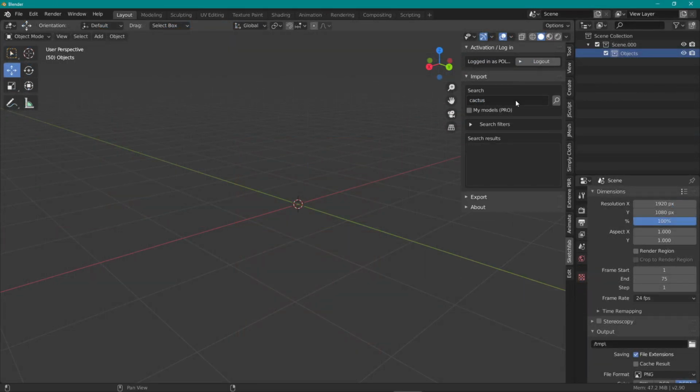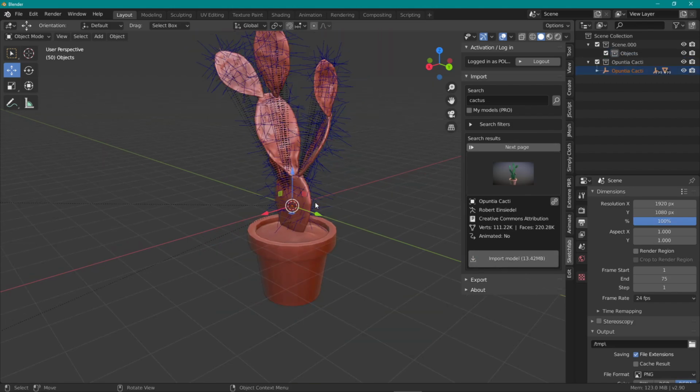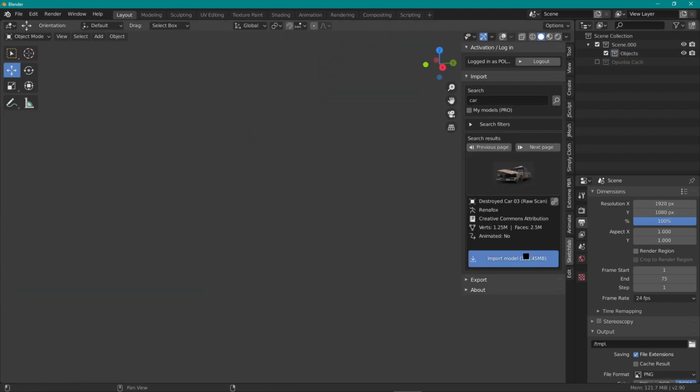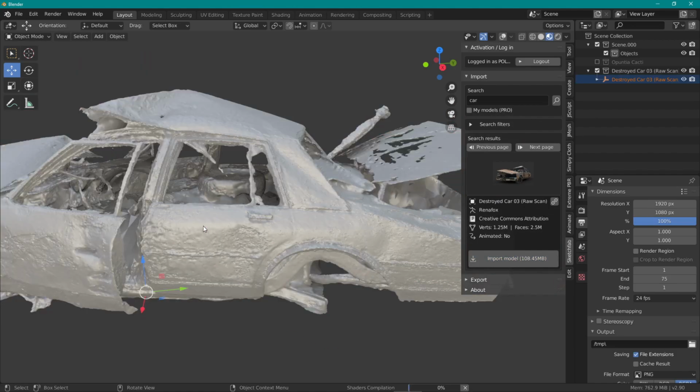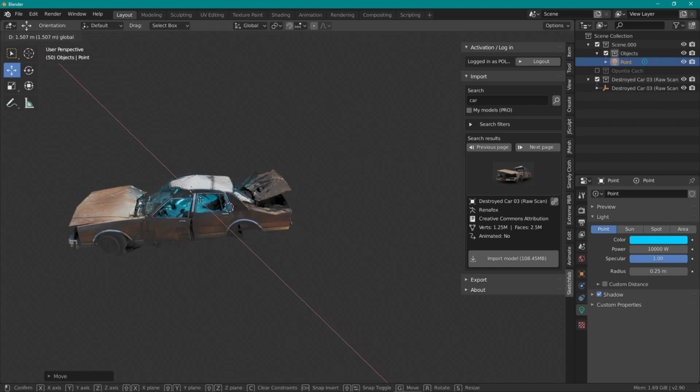When working in Blender, I use a plugin that connects the software to the Sketchfab store, and you can browse and import models really easily. I am in love with this plugin. But pay attention to the license section, as it will give you a description telling you in what sense you